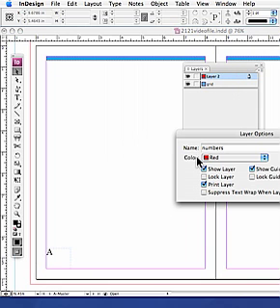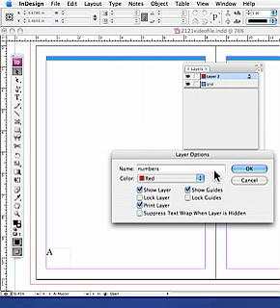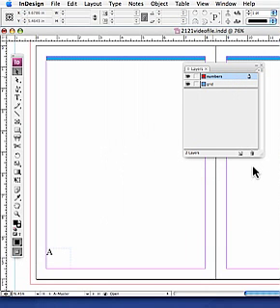So that'll be my numbers, and notice that each one is automatically color coded as well, and that can be another little guide that helps you keep these things organized. So I can activate or click on the one that I want to start with,